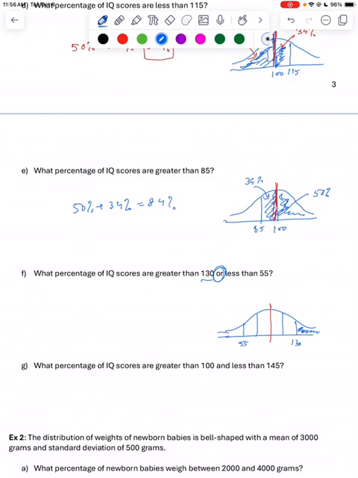Maybe we can write it over here because it's after 3 standard deviations, but on this right-hand side it's after 2. So we are talking about this area, less than 55 and greater than 130. Now less than 55 we know is 0.15, but over here this is not 0.15. If you recall, this is 2.5, because